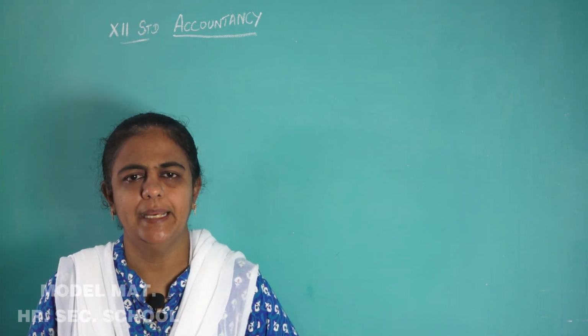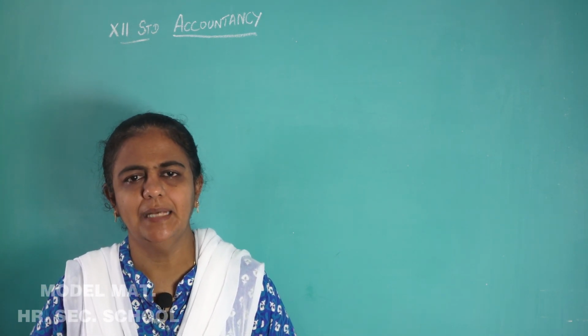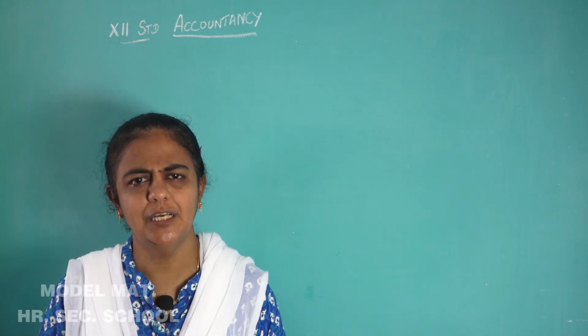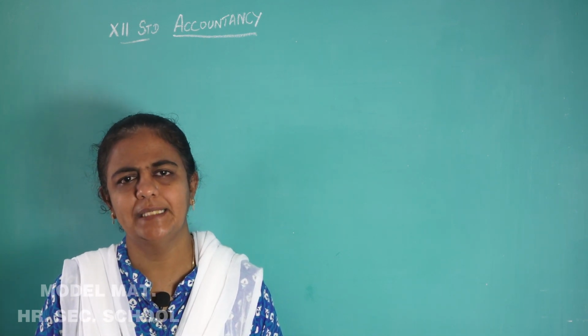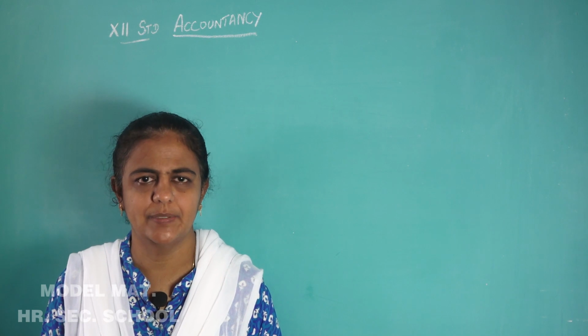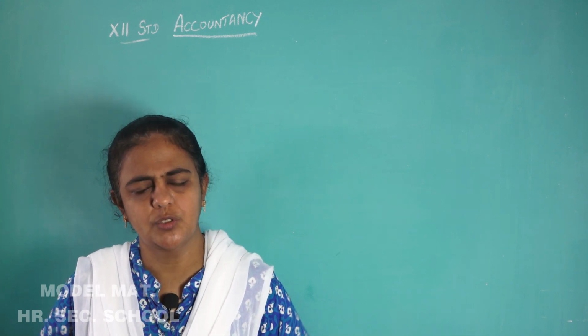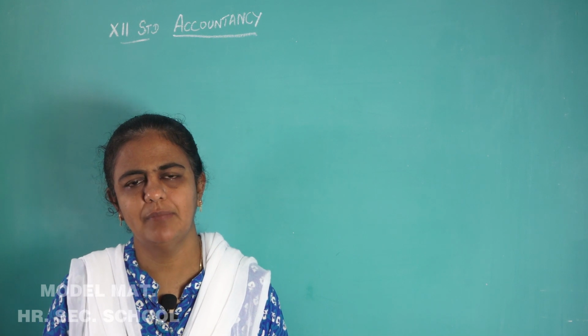We should not enter capital receipts and capital payments. Items which are of capital nature should not be entered here. Okay. Then non-cash items are excluded in receipts and payments account, but non-cash items are recorded here since it's an accrual system. Okay. Then what is the other thing you have to keep in mind?